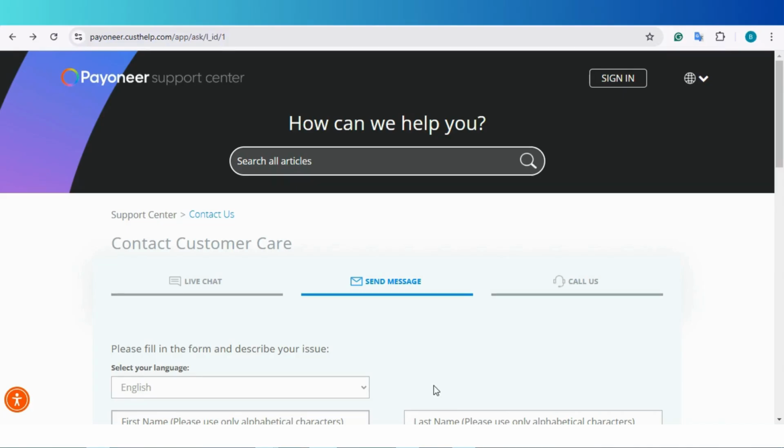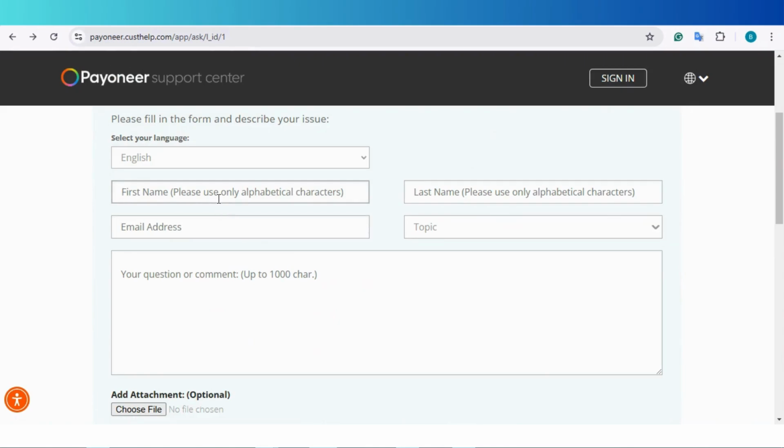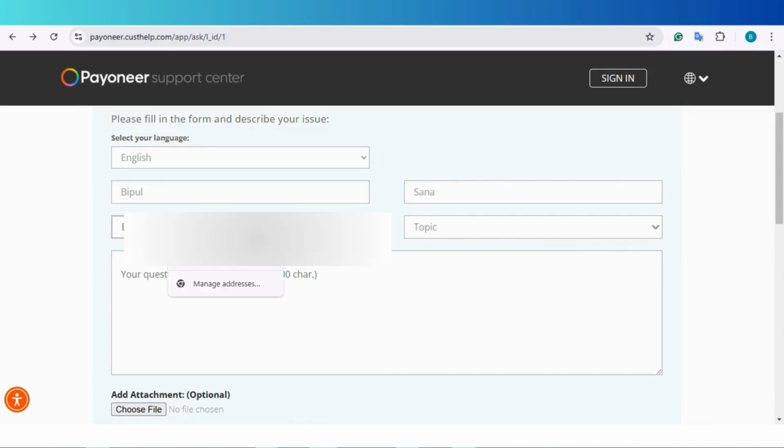First of all, you have to come to the Payoneer support center and then select the second option out of these three options, okay? And then you have to scroll down and you will see a form here that you have to fill up, okay? So let me write here my first name, and then last name, an email address,